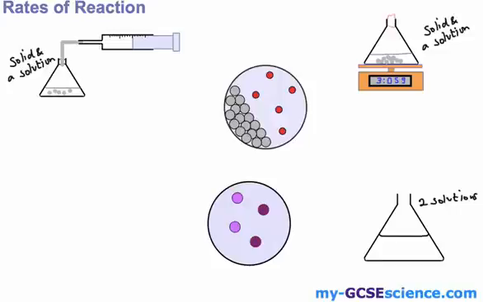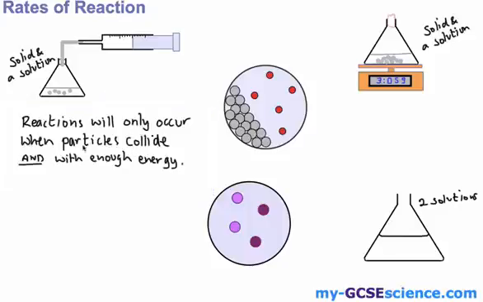So whether you've got the marble chip particles, for example in this experiment here, reacting with acid particles, or whether you've got two solutions and their particles reacting, you have to be aware that for a reaction to happen the particles have to collide. Furthermore, the particles have to collide, but they have to collide with enough energy. So if this particle here collided with this one here, if it didn't collide with enough energy, you wouldn't get a reaction. It has to collide with enough energy to cause a reaction to happen, and that minimum